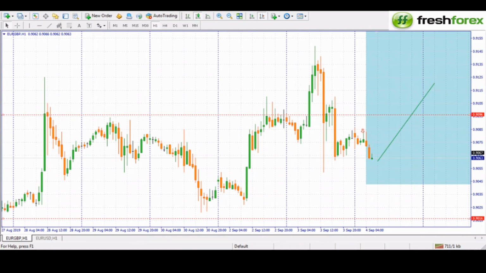Does that make sense? I hope that makes some sense. If you want to enter a trade correctly, whatever you are trading, if you want to day trade correctly, understand what is happening on the higher time frame. So if you are going to do a 1 hour chart, understand what's happening on the daily and the 4 hours.